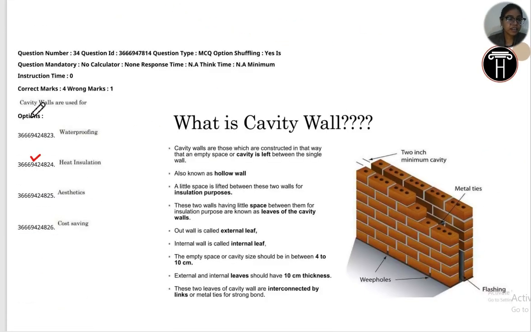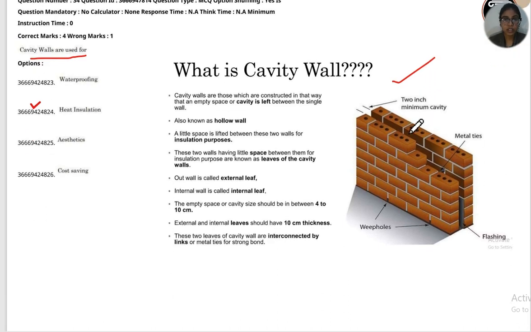Next: cavity walls are used for. What is the purpose of the cavity wall? As you can see in the image, this is a cavity wall. In a cavity wall, you have a gap in between two walls. This is one layer of wall, this is the second layer of wall, and here is your gap. This is a 2-inch minimum cavity. Cavity walls are constructed in such a way that an empty space or cavity is left, as I was telling you, between the two walls,